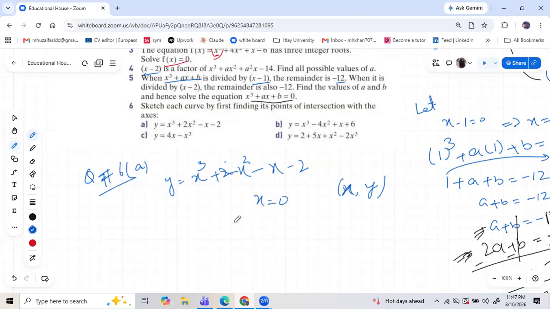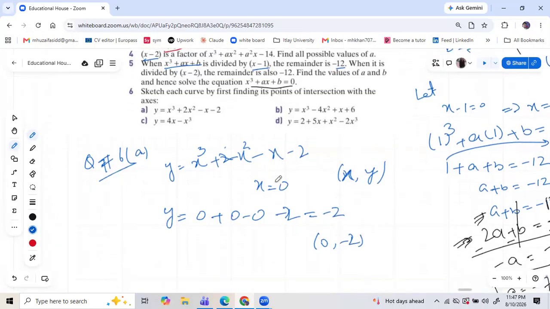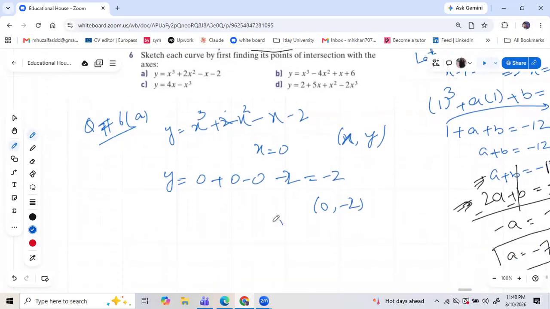So when we are setting x is equal to 0, y is equal to 0 plus 0 minus 0 minus 2. It gives us minus 2. So our first ordered pair is 0 and minus 2. And now if we are setting y is equal to 0,